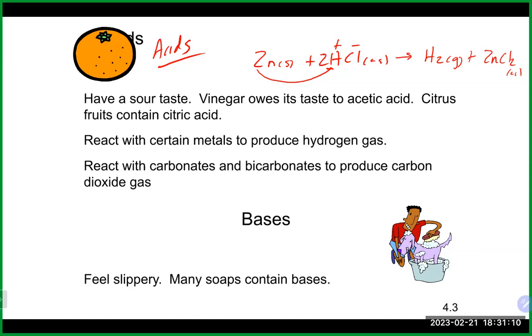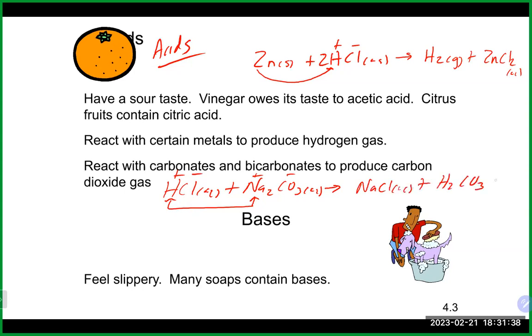Also, acids react with carbonates to form carbon dioxide gas. So if you take something like hydrochloric acid and react it with something like a little sodium carbonate, you will basically get a double displacement reaction that will occur. These two guys will switch partners. And the result of that is you will make some sodium chloride and you'll make some H2CO3, which is carbonic acid. That carbonic acid will then very quickly decompose